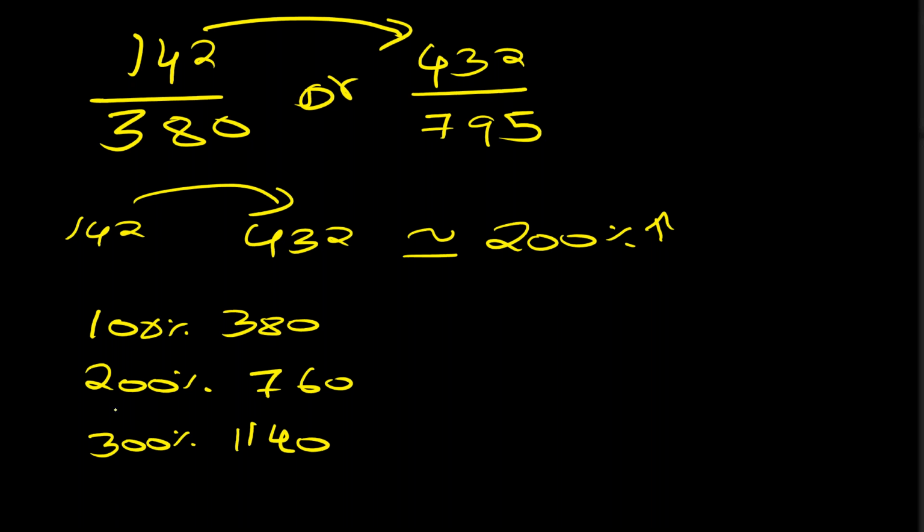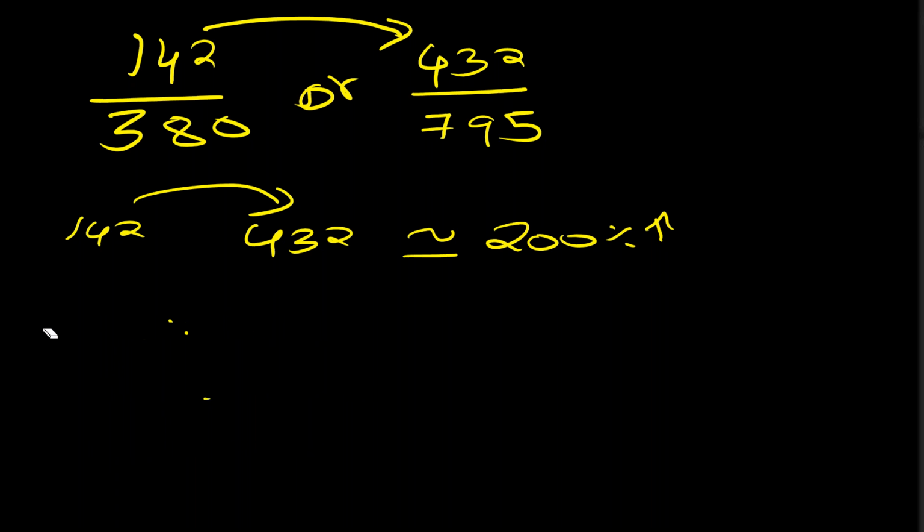Denominator has been increasing more than 100%, not more than 200%. See here, 200% is around 760. Here it is 795, only 795. When I'm going for 300%, which is nothing but more than 200%, it will be more than that number. So approximately I can say this has been increasing